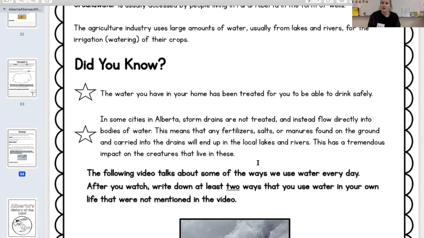So think about when you leave school or when you're out and about how forestry affects your life living in Alberta. So how much would you use, or if you know somebody who works in the forestry industry, or when you're using wood or paper or any products that come from trees, think about how that affects your life. And same with water. All of us use tons of water every day. So think about as you pour a glass of water for yourself or leave the shower on or the tap on, think about how that affects our water supply and how you use water every day.